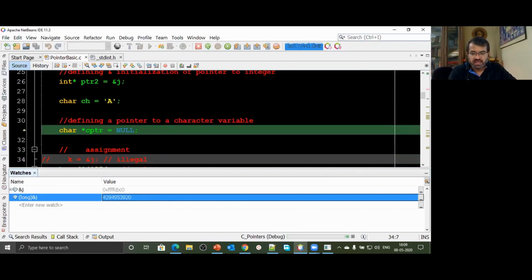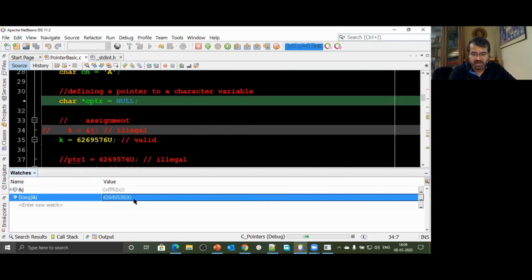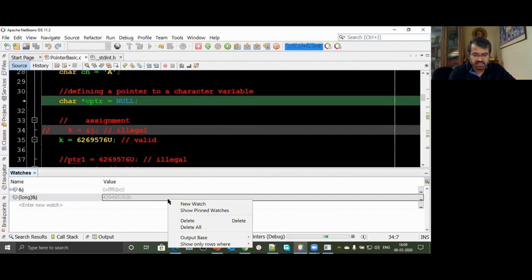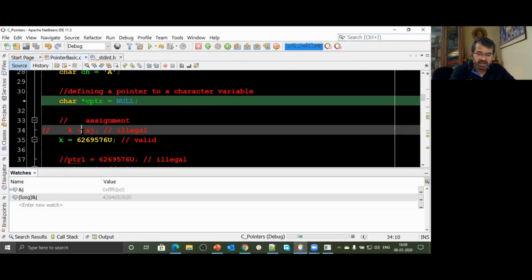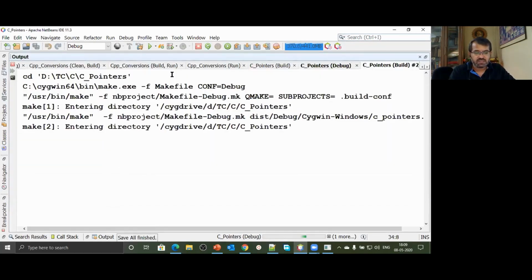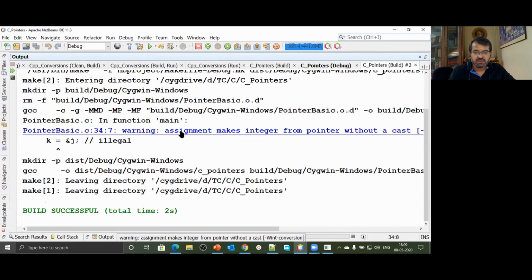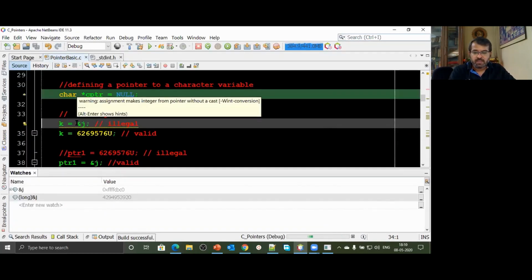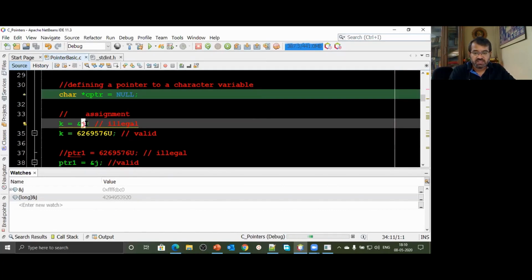Although your variable k is large enough to store this particular address, if you make an attempt to store the address inside that variable and compile this statement, let's see what happens. Does it generate any warning? It says warning: assignment makes integer from pointer without a cast. So integer from pointer. This is giving you an address. You are trying to assign a pointer to a normal variable. That's illegal.